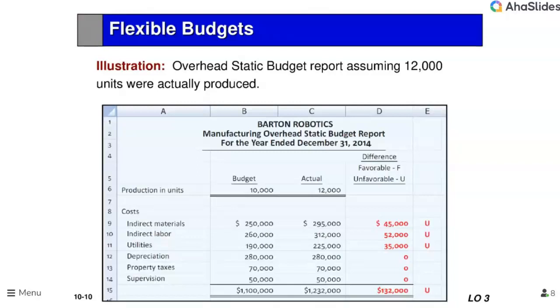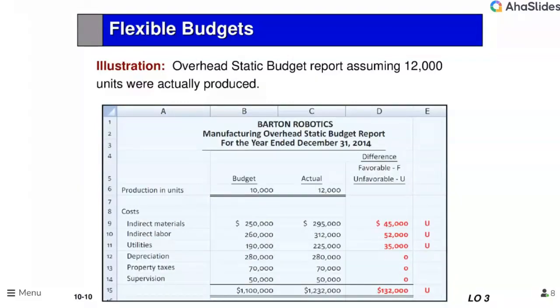What is the problem? So the problem here is that the cost is not being controlled. The material, labor, and the utilities costs are... or maybe it's not budgeted right in the first place. That's what the report says. Is this a fair evaluation of the variable budget? No, maybe the budget was not right. The budget was not right in the first place.